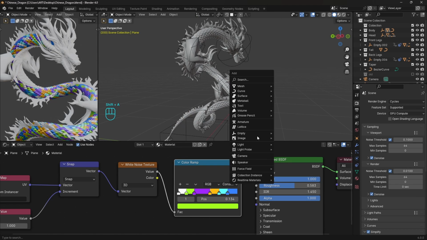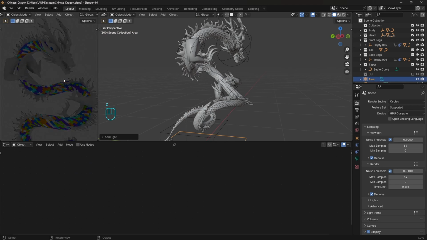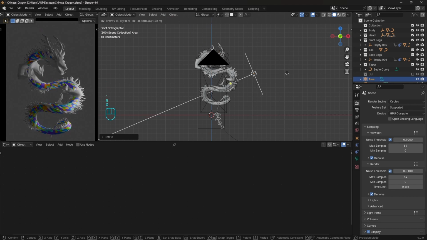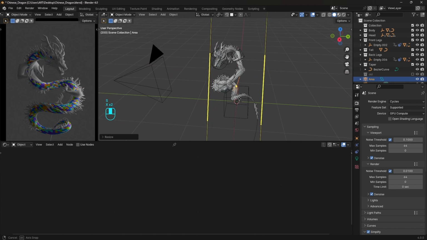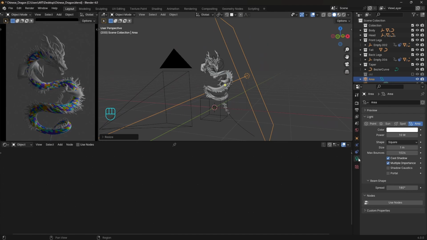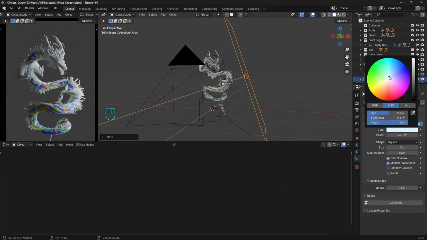We can add an area light to the scene, and let's change to the Cycles render here. We are going to use only two lights, and we can place the first one on the side of the camera to get most of the lighting. Place it close to the dragon and make it 2 or 3 times bigger. Increase a bit the power and change the color to have just a little bit of blue.